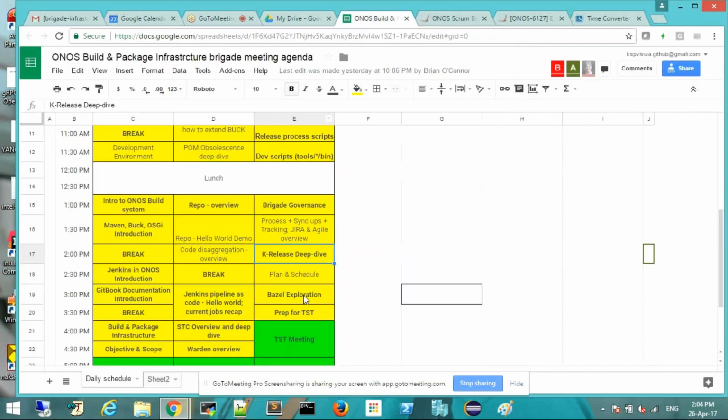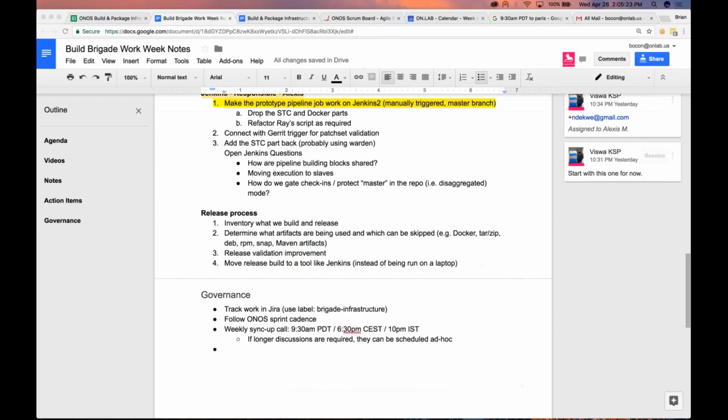Okay. Will work. So I think we can just go ahead with the Bazel exploration because I think we have a plan in place. We have all the action items there, and we know how to track. We have already spoken about how to track it in Jira. We are all set for the track. Unless Alexis or Venkat have some specific questions on the plan or any of the work items that are targeted for the release,